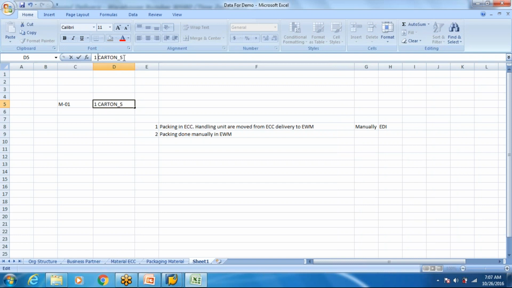In one carton we are storing, since yesterday all packing was manual, 10 eaches. So this is the product, and this is the packaging material.